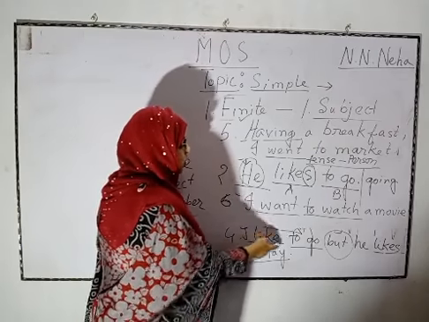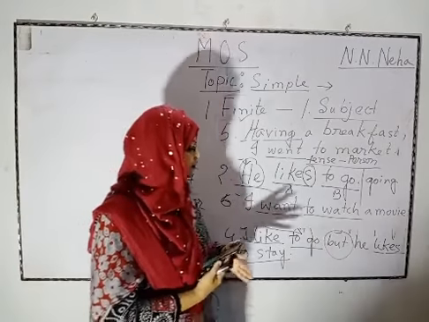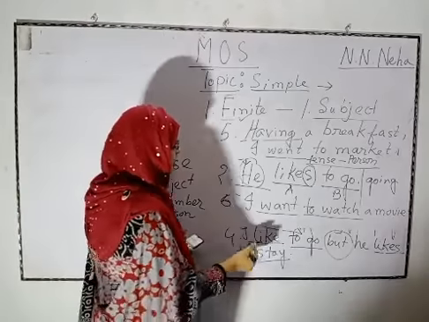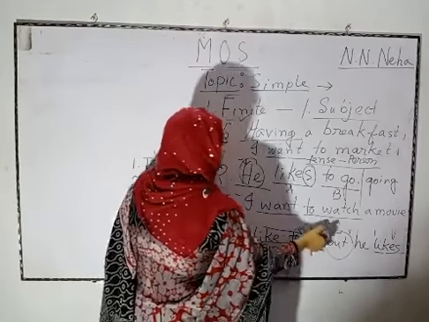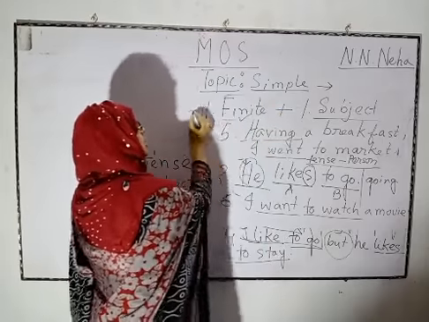I like to go. Like is finite, to go is non-finite. But as I have joined two simple sentences, what is a simple clause actually? One clause is this. So as I have told, one finite verb and one subject, one finite, one subject, equal to